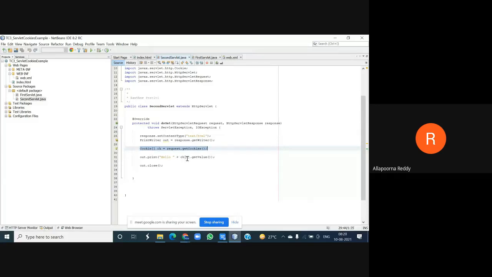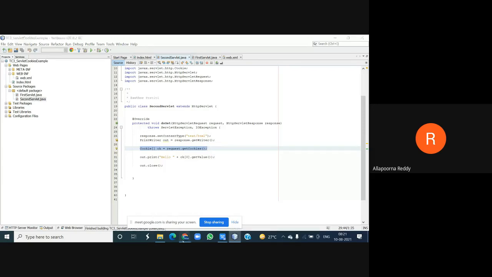Here, only one cookie is being generated at this time. So ck0 get value. If you had more than that, you can use a loop statement here to get all your cookies. So this is the code we have used to generate your cookies and store them. Now, please try to clean and build along with your server.